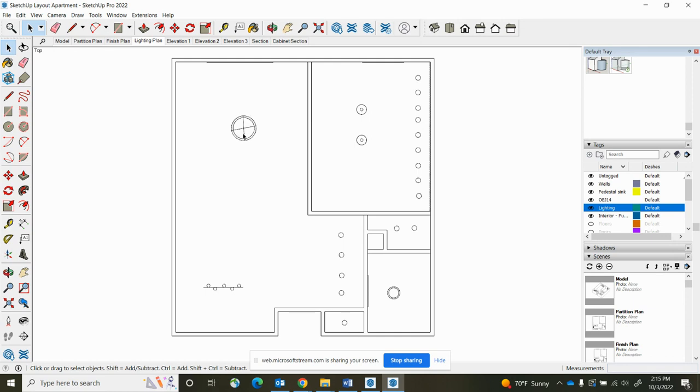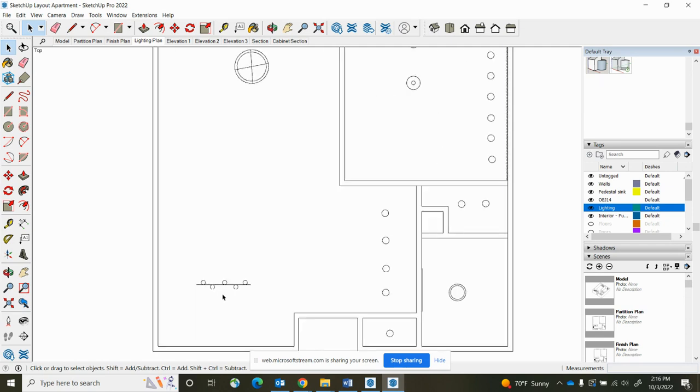For lighting symbols, you really are just creating a graphic for each different type of light. There's not anything that's standard. I just did a couple of circles and an X through it, and that's going to be my living room chandelier. I've used 6-inch can lights, which are here just throughout. I just did a simple circle for them. I did some other pendants in the bedroom, and a different flush mount fixture in the bathroom,